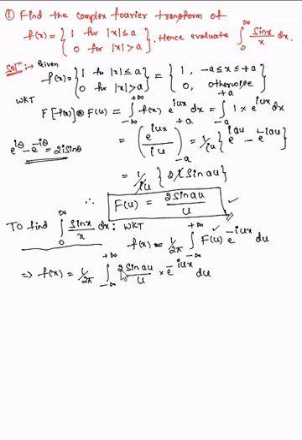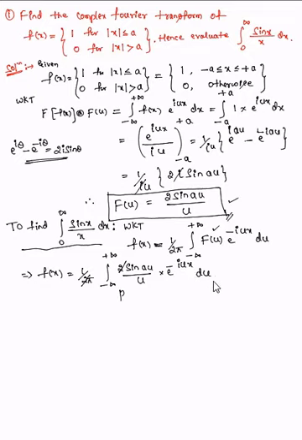Now if you observe, this 2 and 2 get cancelled. Further, in the integral we want, there is no e power term, it is only sin x by x. But here there is an e power term, so I need to eliminate this term first. For what value of x will this be eliminated? Shall I put x equal to 0? If I put x equal to 0, this term becomes e power 0, and you know e power 0 is 1. So this term becomes 1 and is eliminated. So let us put x equal to 0 now.